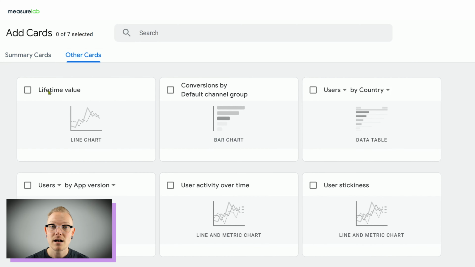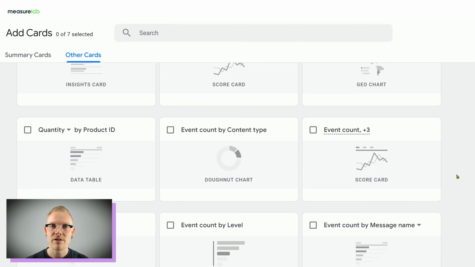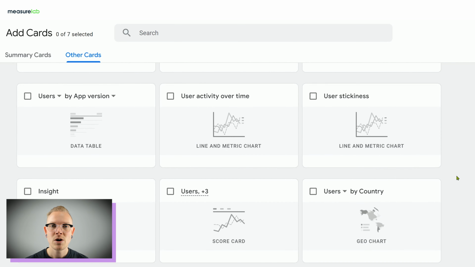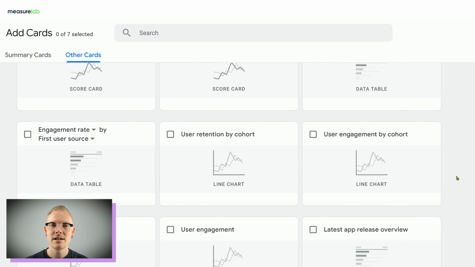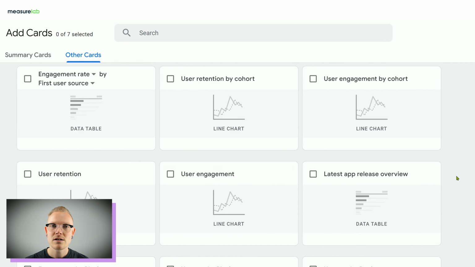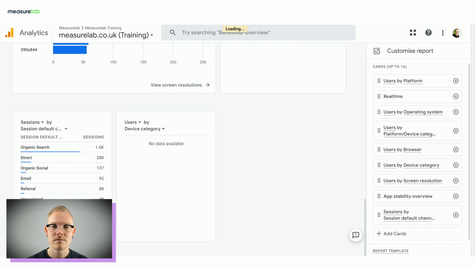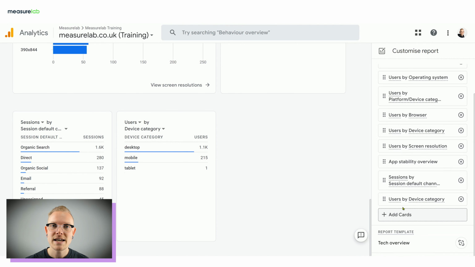The other tab is just the other cards that are available, and these are a bit more generic and maybe not included in other overview reports, but they're available for us to use. We can search, or we can just scroll and find a card that we would like. For example, let's look at users by device category and include that into our overview report as well. Of course, we can rearrange these into the position that we want them to,